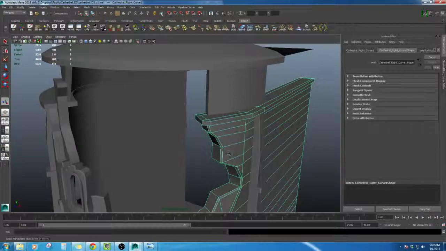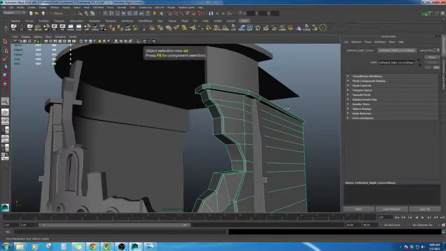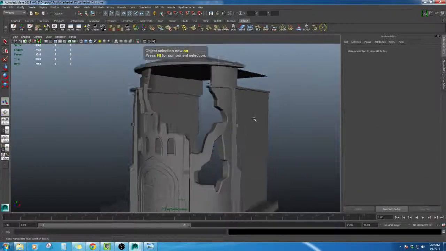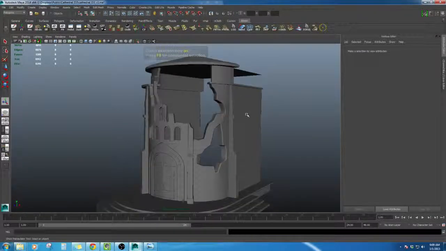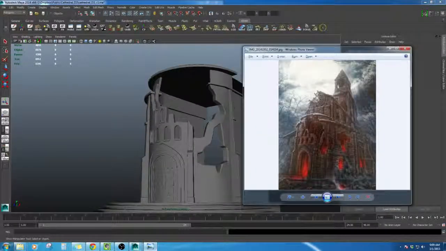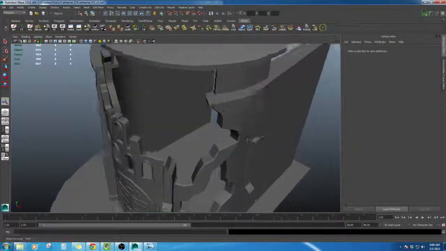I'm looking at this right now, and I see a little bit of faceting. Not too sure if it's going to be too obvious. It looks a bit obvious, like right here. Looks kind of jaggedy. So I'm probably going to end up